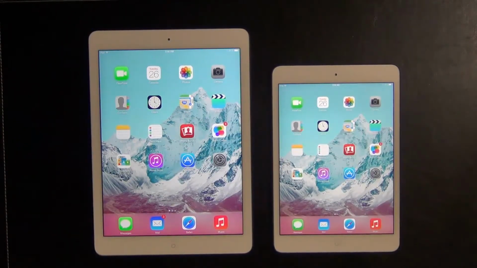So in today's video what I'm going to do is a web browser speed test between the iPad Air and the iPad Mini 2 with Retina Display. So this is basically a very easy process. All we do is we launch Safari and we go to 5 or 6 different websites, and I'm going to do some heavy duty websites and some lightweight websites, and we'll see which one is faster or in fact if